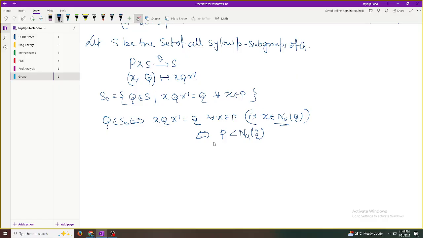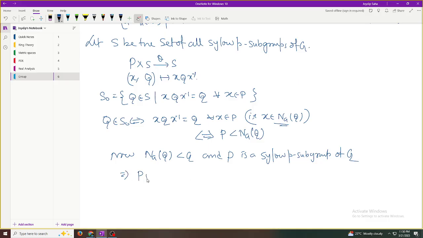NGQ definition is that those X belongs to G such that X Q X inverse equals Q. So P is, now, NGQ is subgroup of G and P is a Sylow P subgroup of G. That means maximum prime power occurred in order of P. Okay, maximum prime P occurred in order of P. This implies P is also a Sylow subgroup